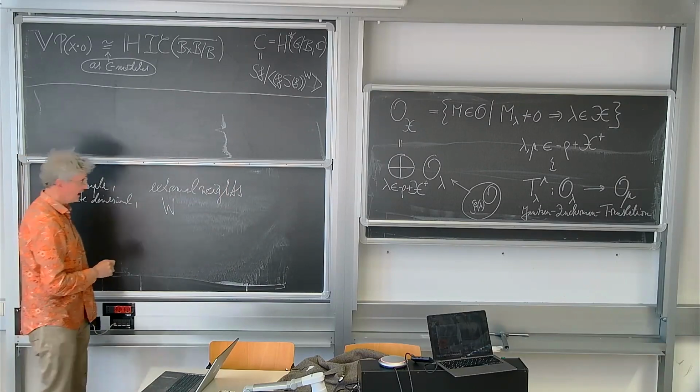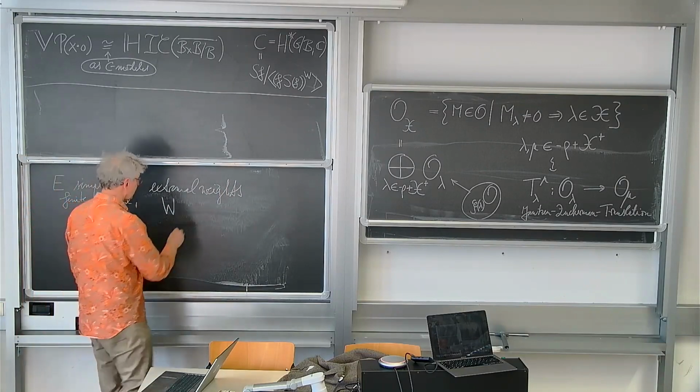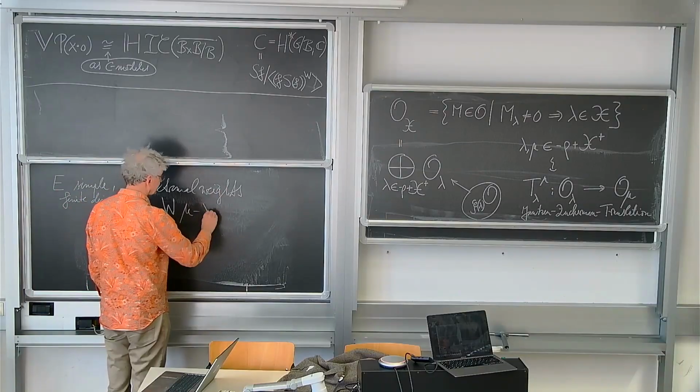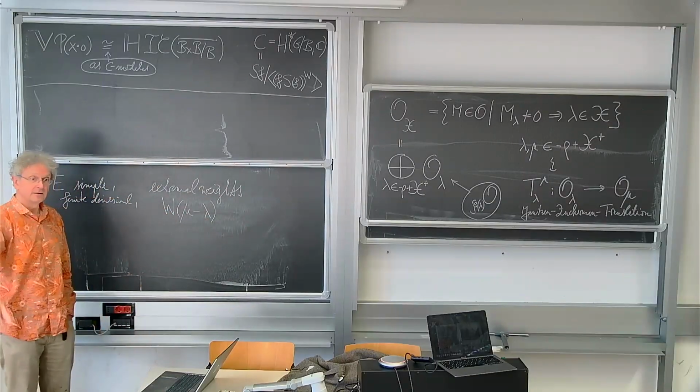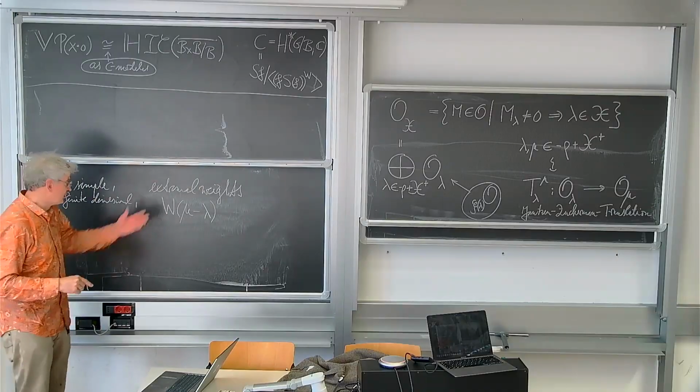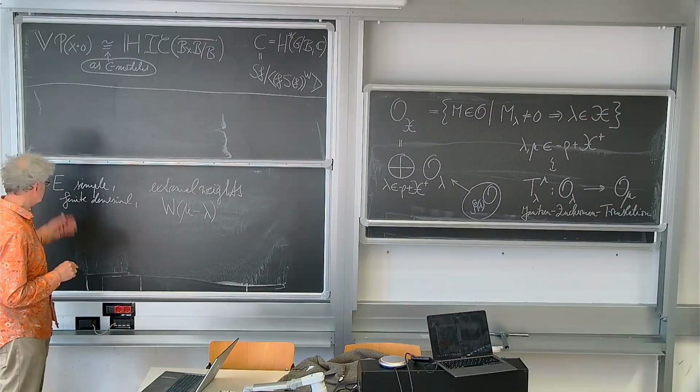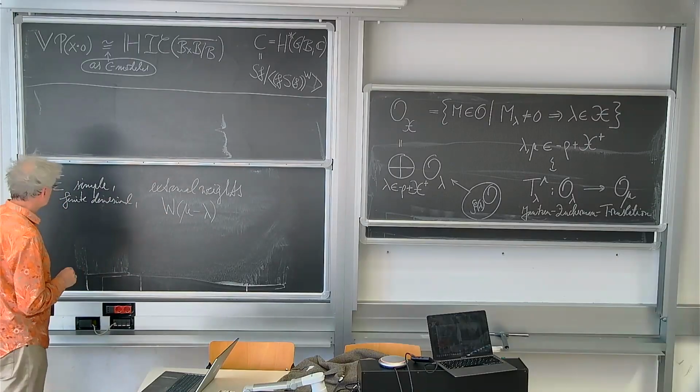And if we fix the extremal weight to be the difference of lambda and mu, now this is an orbit, and we take these extremal weights. And this is E, and